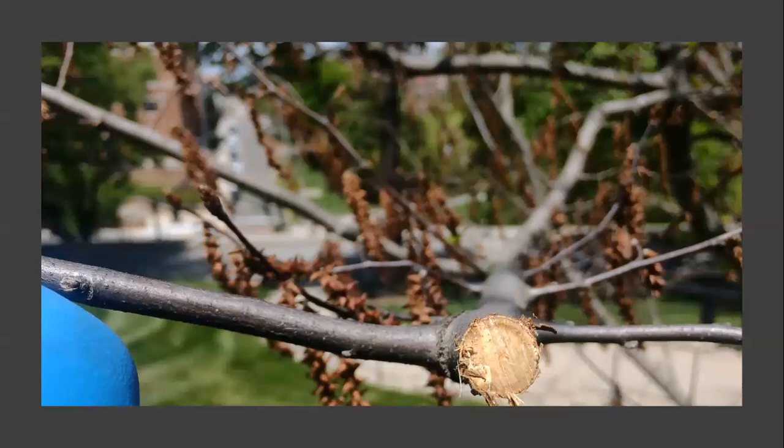So my boss said, "Okay, take the tree out, put it on your list." This tree is kind of a hard tree to get to, especially with foot traffic. So I said, "Okay, you know what? I'll put it on my list, and it's not a danger to anyone. I'll remove it in the summertime." So I come by in the summertime after all the students are gone,